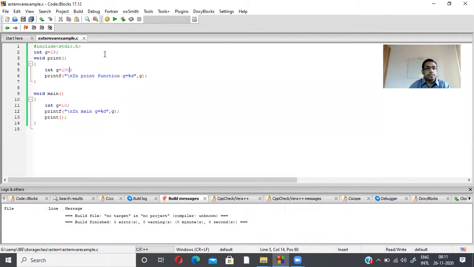So we can say that this is a global variable, and these are the local variables.